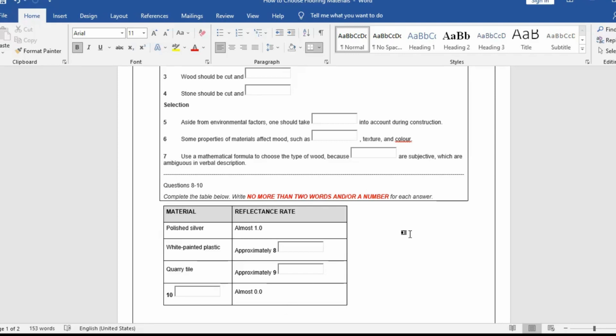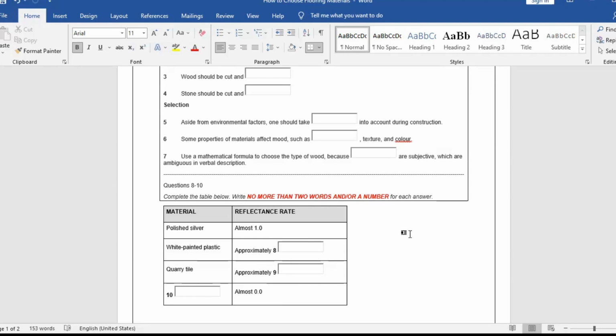In the case of stone, or quarry tile, as flat-cut flooring stone is properly called, a new set of considerations must be weighed up. Simple colour aside, the degree of reflection must be kept in mind. This is called the reflectance rate, which is expressed in a number between 0.0 and 1.0, depending on the amount of light it reflects. At one end of the scale is polished silver. At a rating of 1.0, this shiny surface reflects nearly all of the light directed at it.